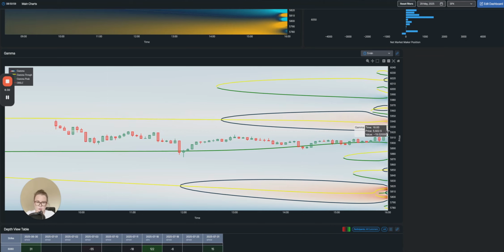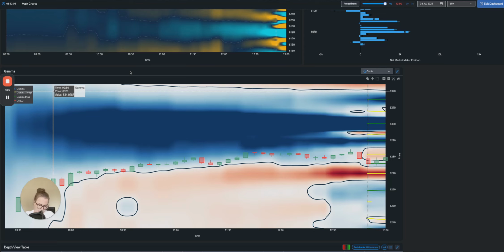But what would have happened then had we started to move up into this area, for example, we flip from positive to negative gamma, that's what this black line represents? We more than likely, these aren't particularly big values if I'm honest, but just for argument's sake, the purpose of this video, we more than likely would have moved through this area relatively quickly or with relative ease, especially as the negative gamma values become bigger up to this line sort of around 5940. So if we have a look at another example here, this chart is slightly more interesting,